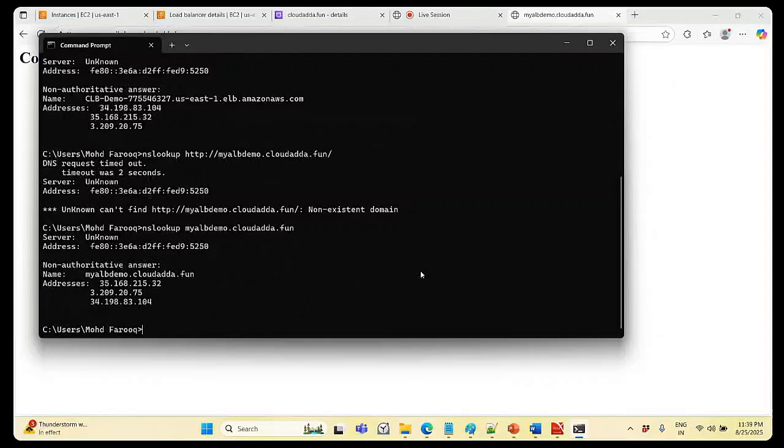See, when I entered this mylab.demo.com, it redirected me to my IP address, that is mylabdemo.cloudfund.com. So where it is, mylab.cloudfund.com, if you can copy this,